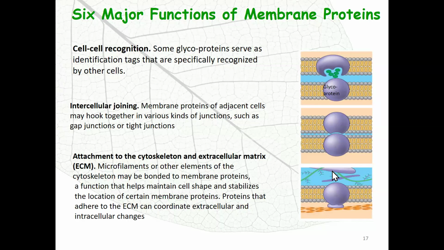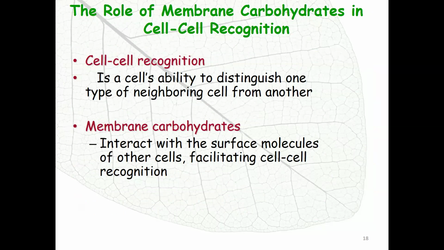They can coordinate extracellular and intracellular exchanges of ions and small molecules. So these are the major six proteins, but the role of plasma membrane carbohydrate in cell to cell recognition,